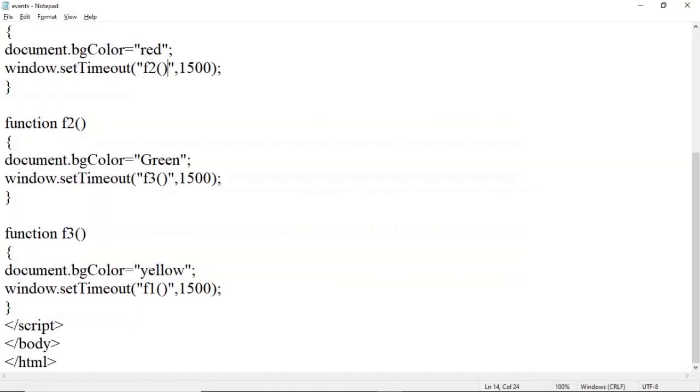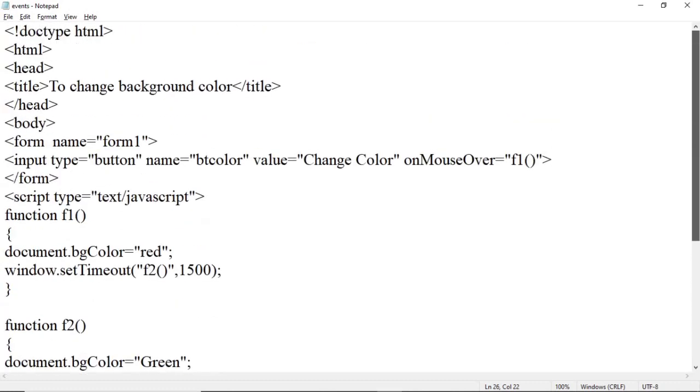So in this way we will get different background colors by using an event that is the onmouseover event. Here instead of f1 we can use f4 and we can write one more function. In this way we will get different background colors for the page. Here we have used the onmouseover event, but if we want some other event, suppose we want to use a page load event, then here I will use the onload event.